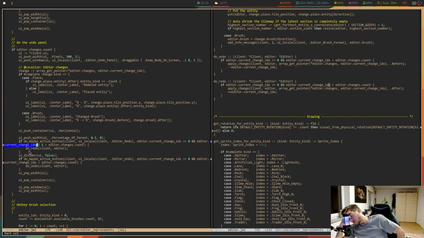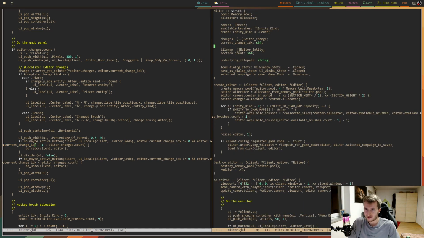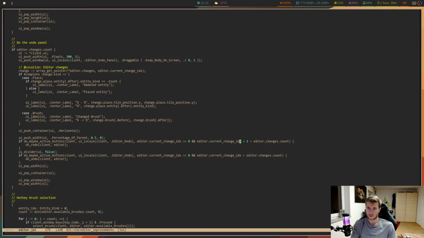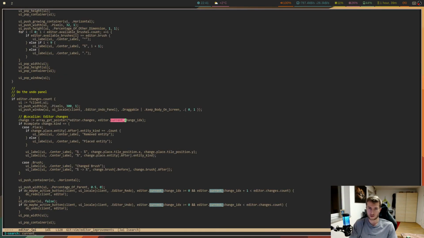The current change shouldn't be called current change. I think it should be called latest change. So whenever we are... and what do we want to check? We want to make sure that